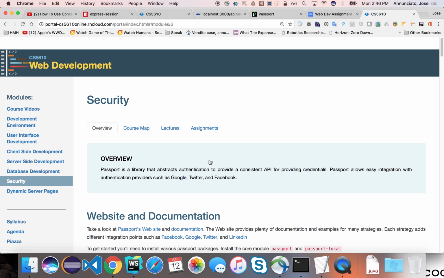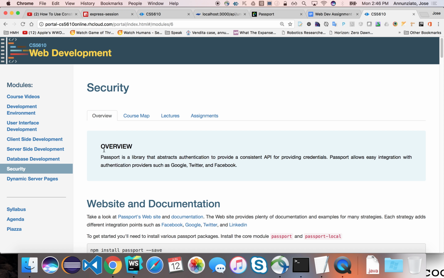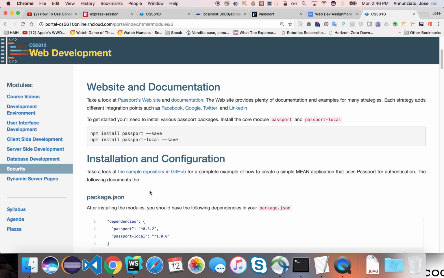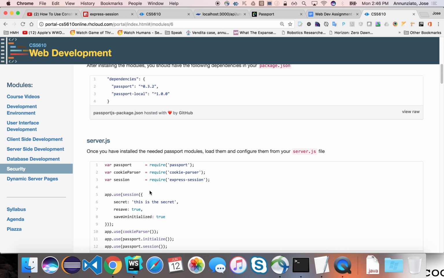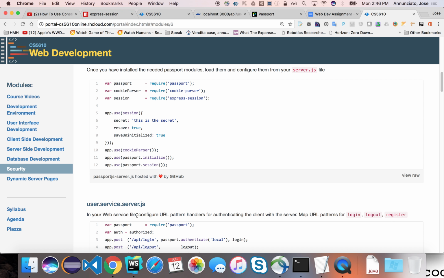So please read through the lecture notes and the overview for the security module. You'll find some very useful snippets of code that you can just grab from here and copy over onto either your server.js or your user service server. Okay, so let's go on to our user service server,